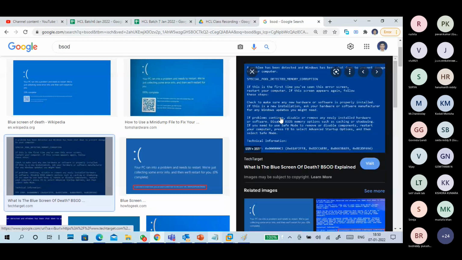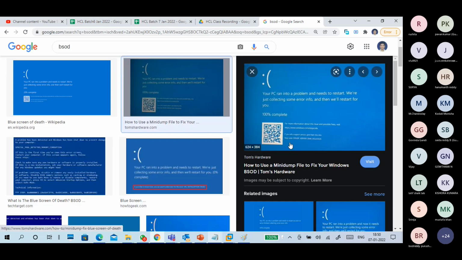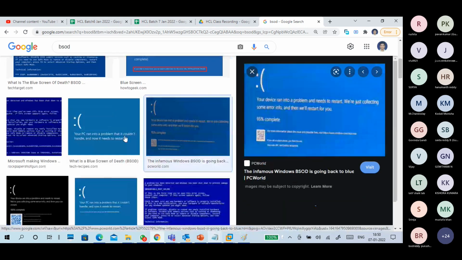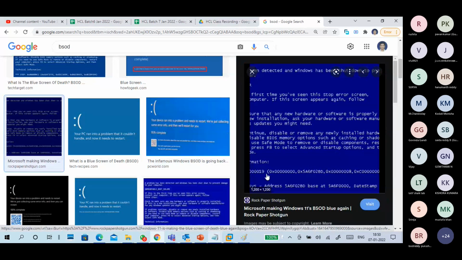Guys, a little different types of screens are there, like Windows 7, Windows XP. So you can see stop error 000, and the last one is C1. It is showing in a different way at the bottom. You can search Google Images for BSOD and see the different types, like XP or Windows 7.